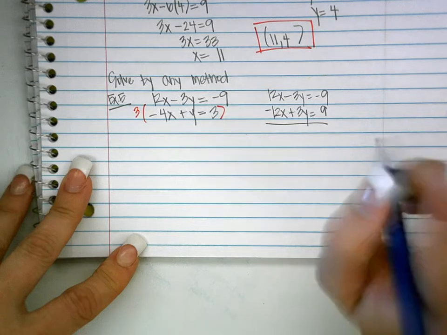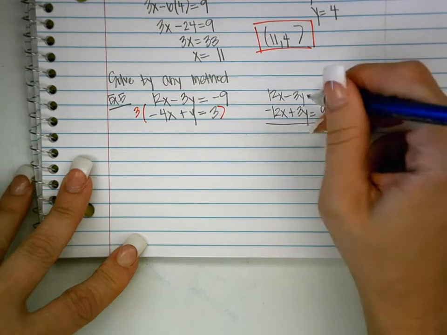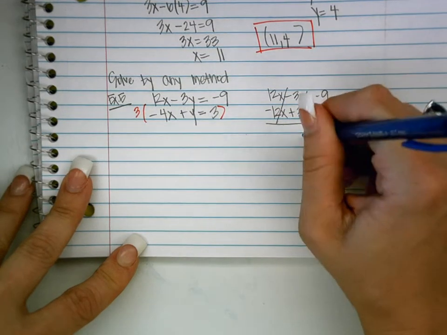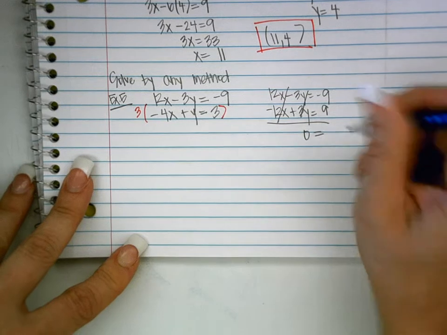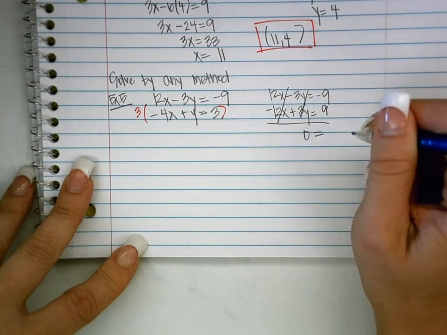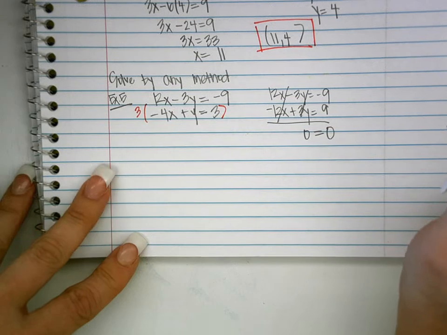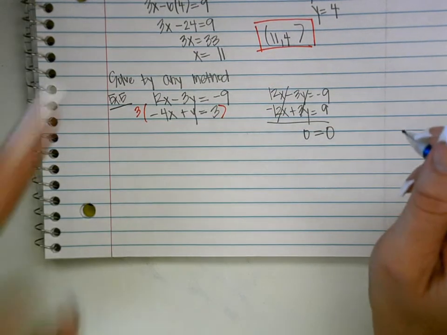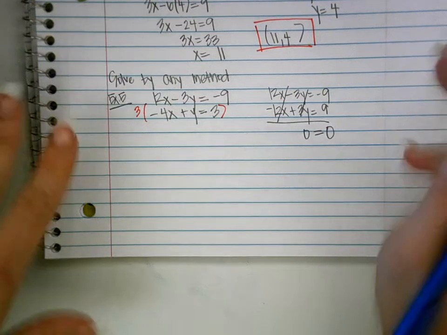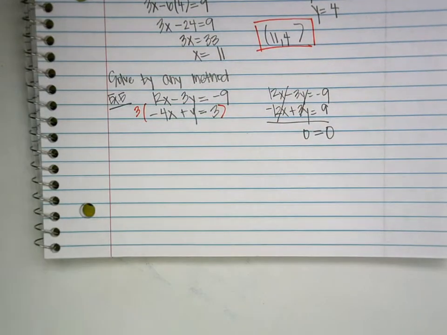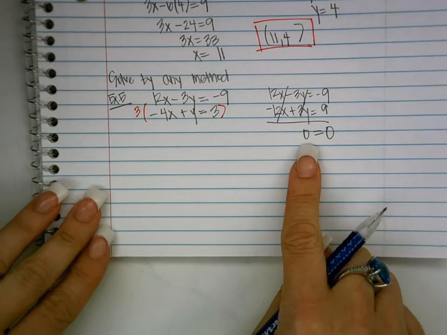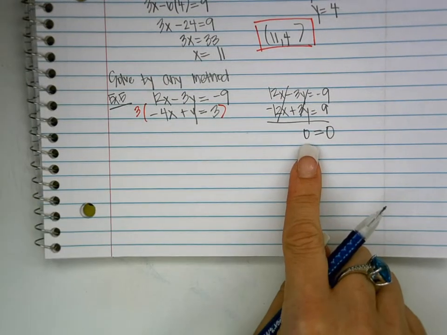Does everything cancel out? What the heck? Yeah. If you add all this together, you get 0 equals what? 0. Negative 9 plus 9 gives you 0. That does not tell you that these cross at 0, 0. Okay? If you get two numbers that are equivalent, so 0 equals 0, or you could get negative 4 equals negative 4, if you get a true equation, what that means is,